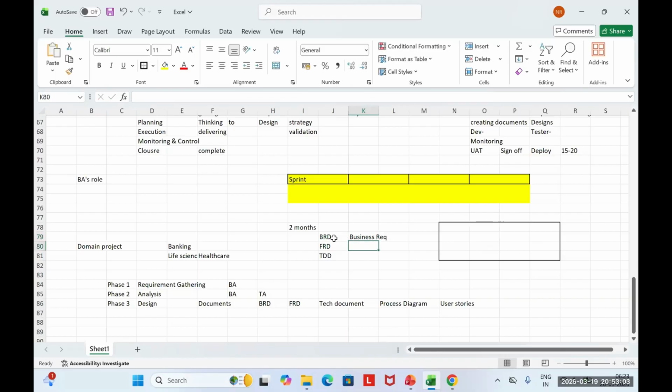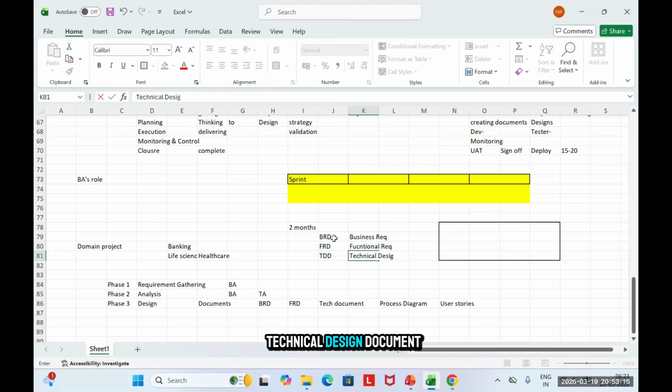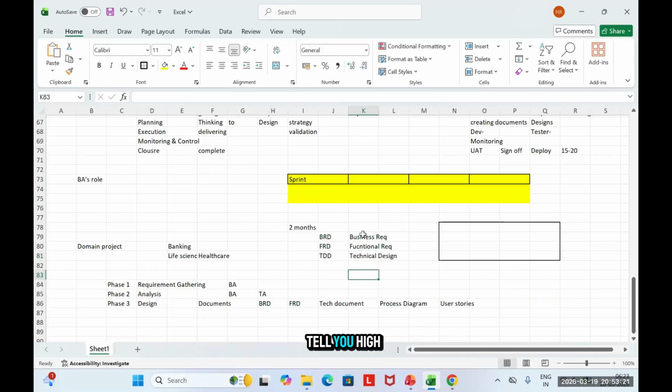BRD is called business requirement. FRD is called functional requirement. And TDD is called technical design document. Okay, business requirement is when business will tell you at a high level what it is that they require. Functional requirement is the functional information, or how the system will be working.